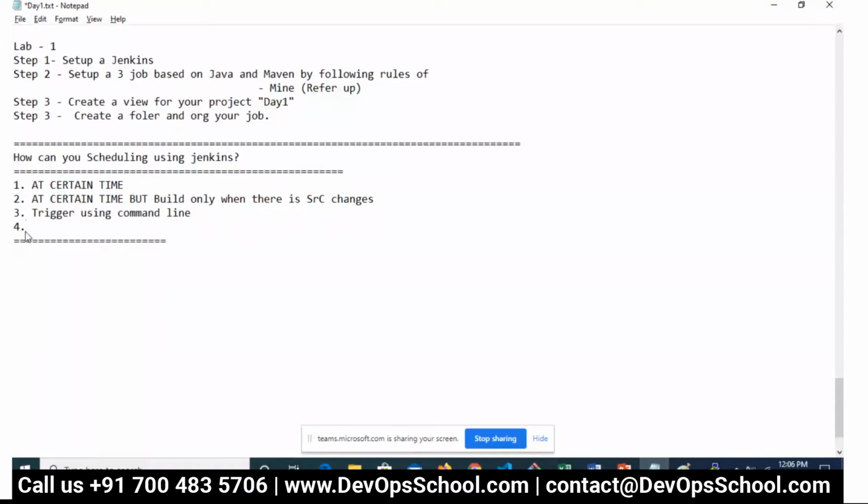The fourth option which you can do is to trigger this job if another job is triggered. This is an interesting condition.